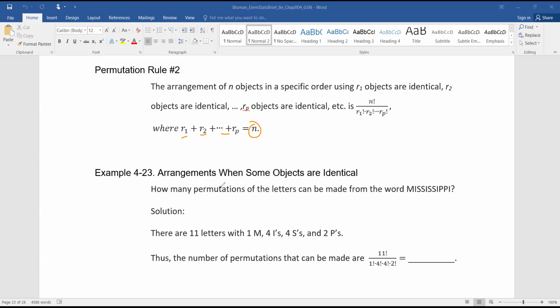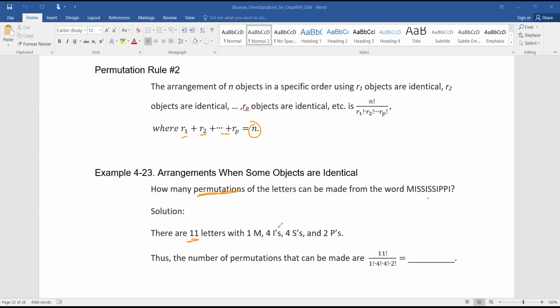So think of it like this. We are determining the frequency of how many times each option is used. So when we look at this example, this will make sense here on 23. How many permutations of the letters can be made from the word Mississippi? Permutation means order matters. So if I use one letter, I can't use it again. So we see that there are 11 letters in Mississippi,